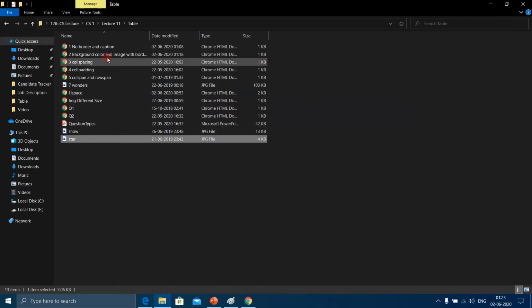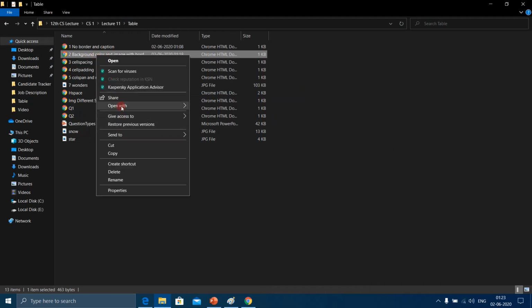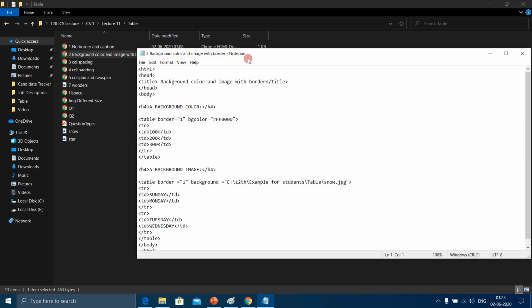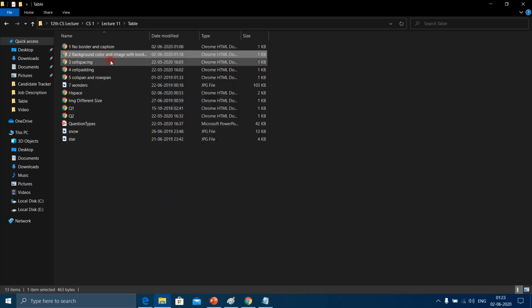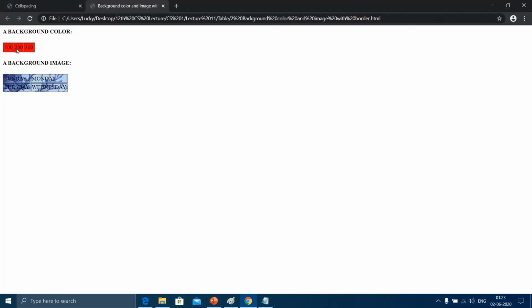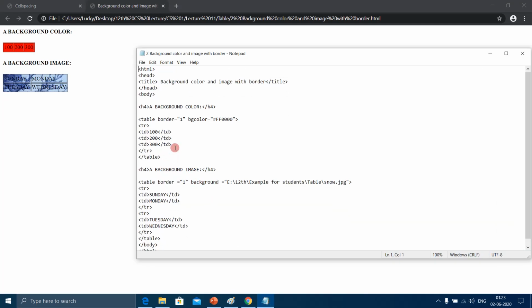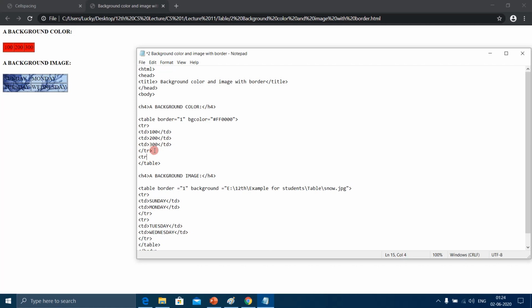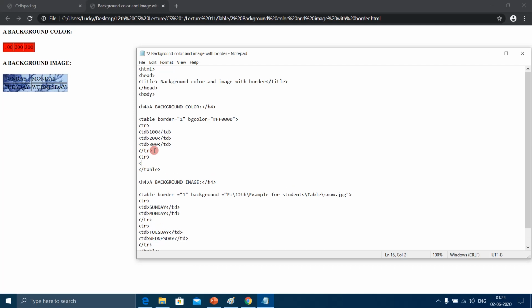Okay, we were doing this, and let us see the output also. This was the output. I want to use BG color for this. Actually, it has only one row, so I will add another row here in the table. TR tag, here's the second row. TD